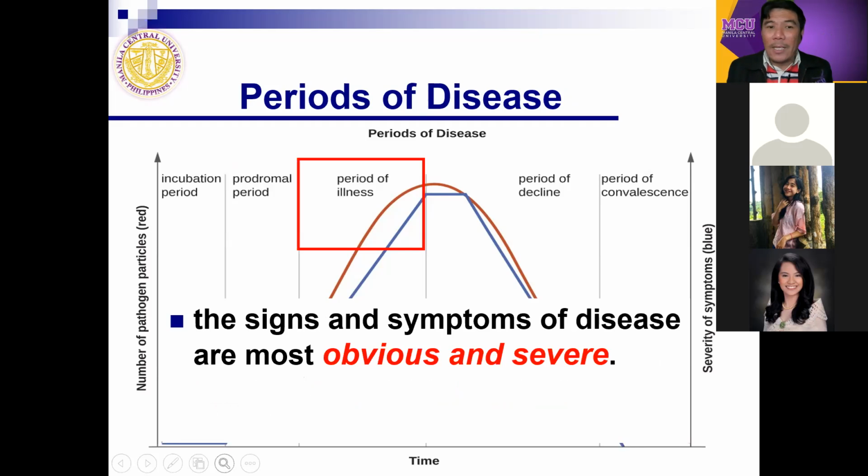the severity of the disease is obvious and severe. So if already in the period of illness, this could be the critical level, there is already difficulty of breathing. That's why when we mention that the person is experiencing difficulty of breathing, the person is already in the period of illness. Sometimes the person did not experience the early signs but suddenly has difficulty of breathing, and eventually from the patient history, the person had been exposed to COVID-19 infection. You may now conclude that the person is in the period of illness. Okay? Next,